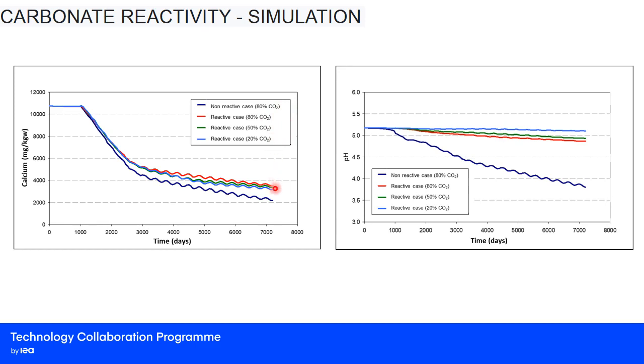As said before, the most reactive case is obtained for 80% of CO2 in the injected gas. Therefore, the concentration of calcium is expected to be higher in the produced water for this particular scenario, which is what we can see by the red curve on the left graph. For the 50% of CO2, we have the green curve, and for 20% of CO2, the light blue curve, that are a little smaller than the red one. The smallest values of calcium are obtained for the non-reactive scenario, where we only have the mixture between injected water